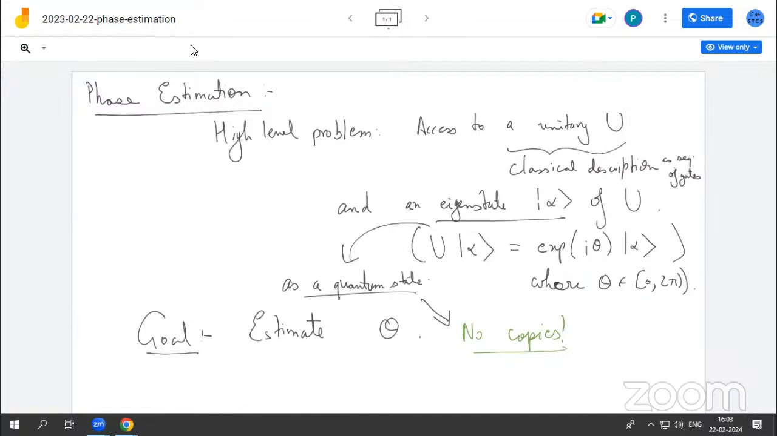So we have the white box access. In particular, does theta have any relation with alpha? No, alpha you can't even read. It's just given to you as a state. No description of alpha is given to you. There are certain qubits and you're told that these qubits are the state. In particular, let's say we assume